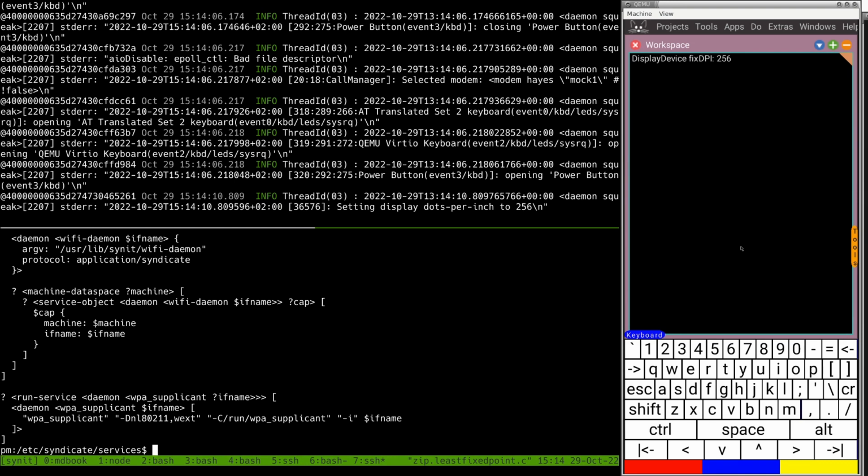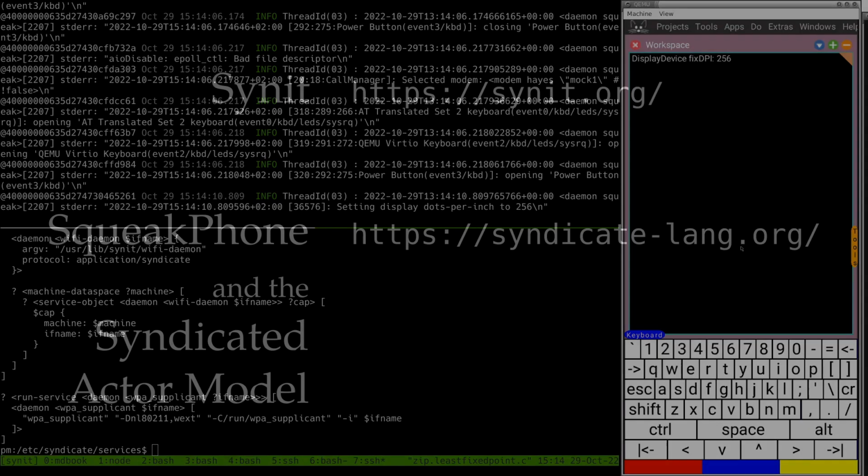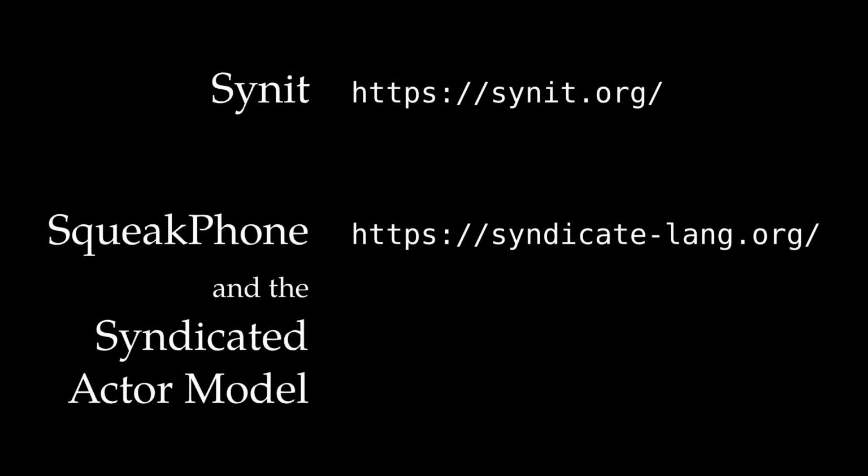The whole thing is based around the syndicated actor model, which is something I've been working on for a few years now. You can learn more about Synit, about the SqueakPhone, and about the syndicated actor model at